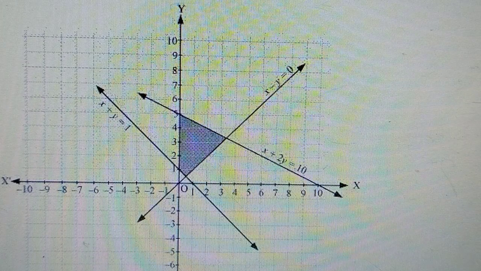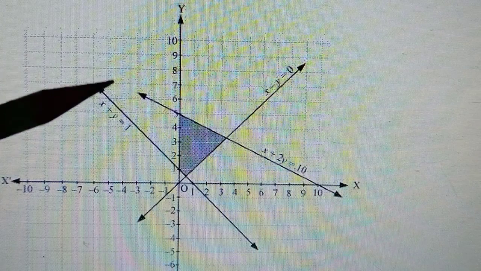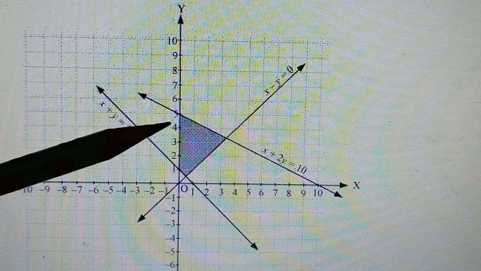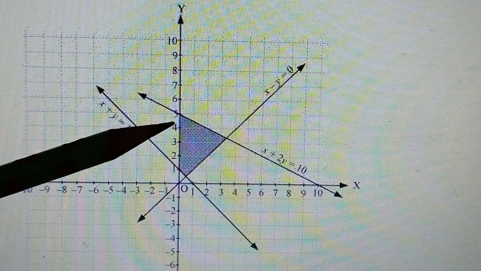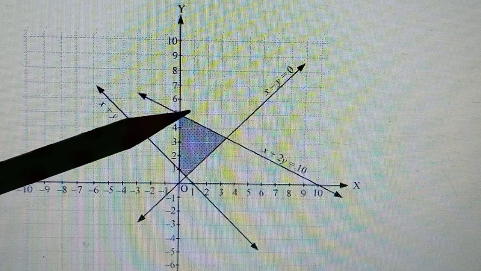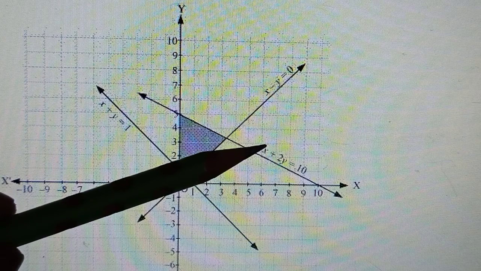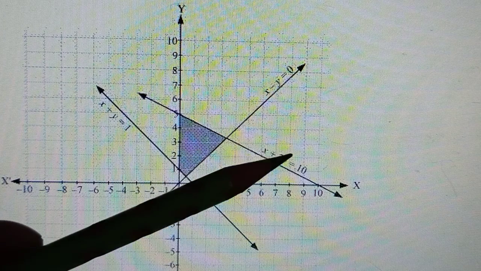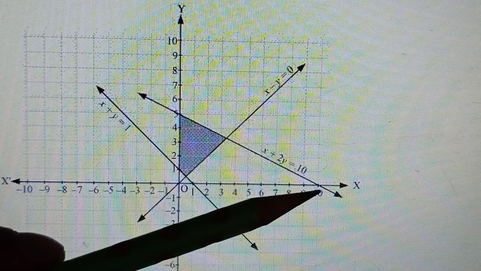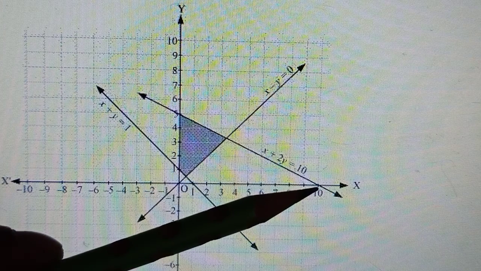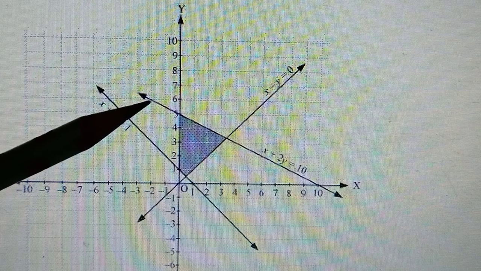So that is the type of graph we will get. One of the lines was x plus 2y is equal to 10. Again, put x is equal to 0, y is coming as 10 upon 2, which is 5. So this point will be (0, 5). For the other point, you put y is equal to 0, then you get x as 10. So (10, 0). Join these two to get the first line.